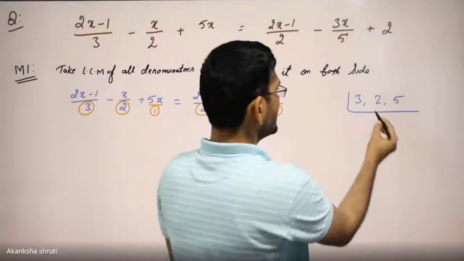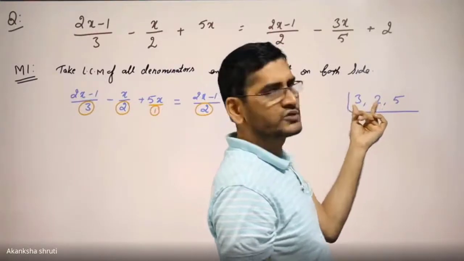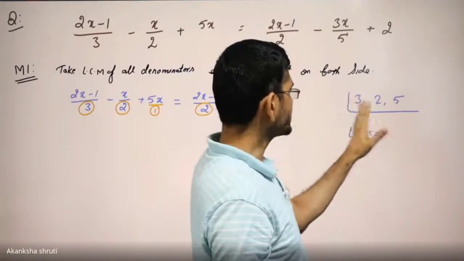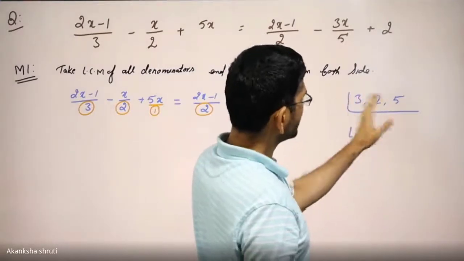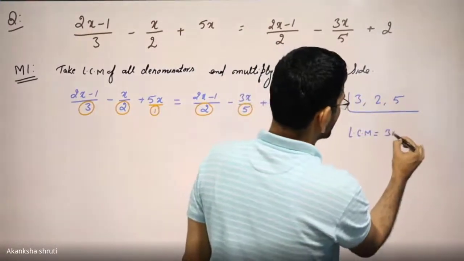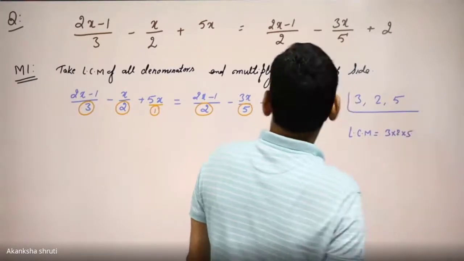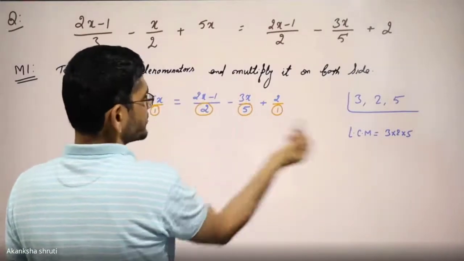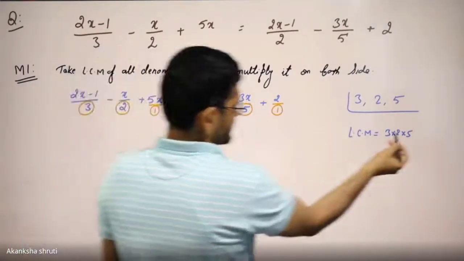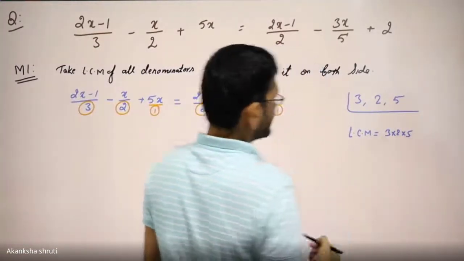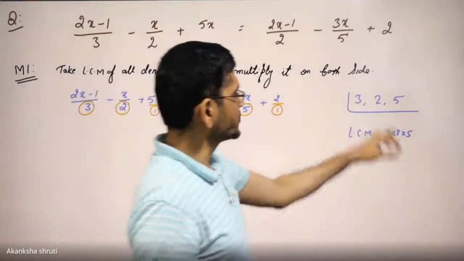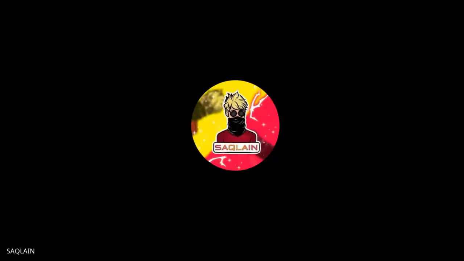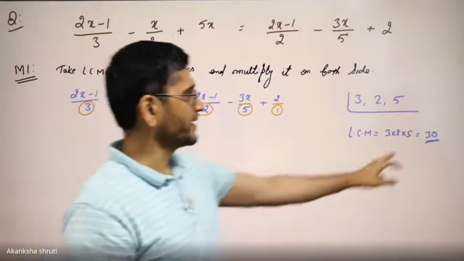Okay. Now take the LCM. Nothing is common in any of the 2. So nothing to do. Nothing is common in 3, 2 and 5, so they will just get multiplied. So it is 3 into 2 into 5. Student, if you have any doubt, you may take 4. Still you will get the same result, or it will increase to 60. Let us keep this much only. Here the LCM of 3, 2 and 5 is 3 into 2 into 5, which is 30. So the LCM obtained is 30.